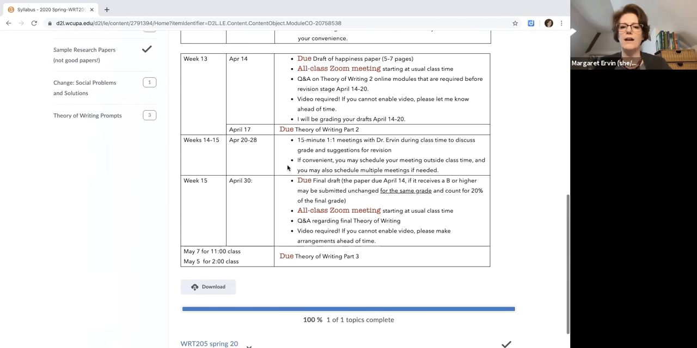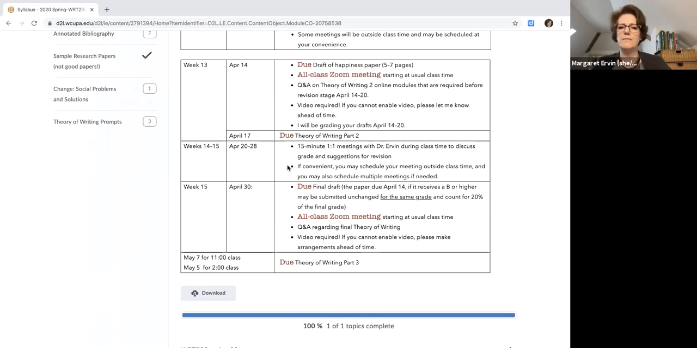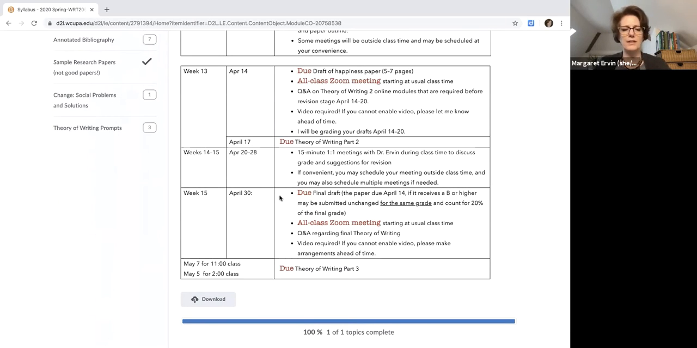So the final draft is due on April 30th. It's 20% of your grade. So if you feel happy with what you did on your draft, you could just have that grade count again. But if you didn't do well in the draft, that gives you more time to work with me. And as people drop out who've already gotten their A, then that gives me more time to work with people who need more help. And none of you need to know who's who in that group. It's totally